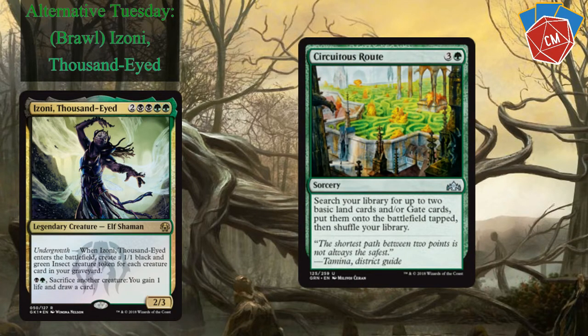And then Circuitous Route, 3 colors and a green. Search your library for up to 2 basic land cards and/or Gate cards and put them onto the battlefield tapped, then shuffle your library. Really, really cool. Essentially a...